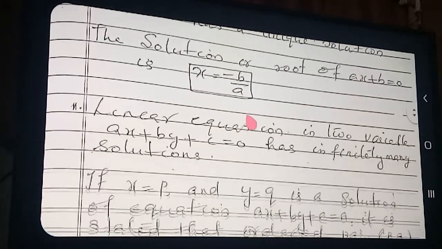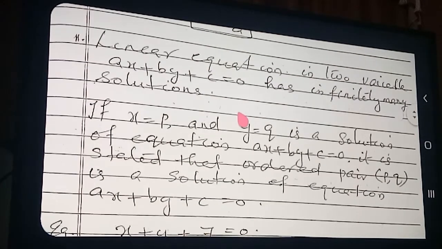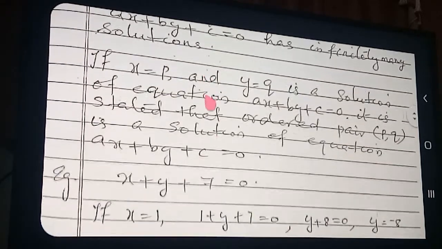Okay. A linear equation in 2 variables has how many solutions? Infinitely many solutions. Can you say which are the solutions? No, because depending upon the value of x changing, the value of y will change. So we can find infinitely many solutions for a linear equation in 2 variables. Okay, so this much is only the theory part. Now we are going directly to the exercise.